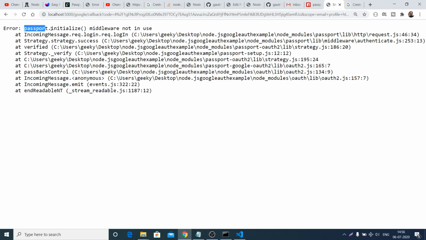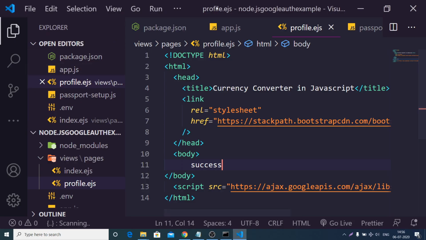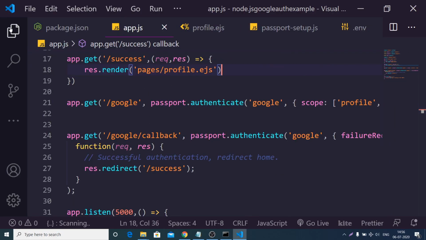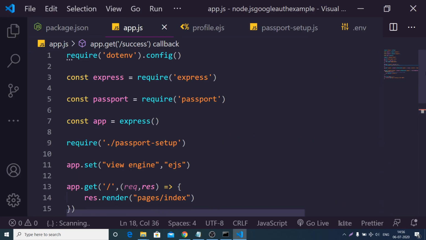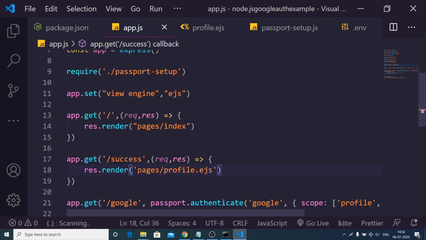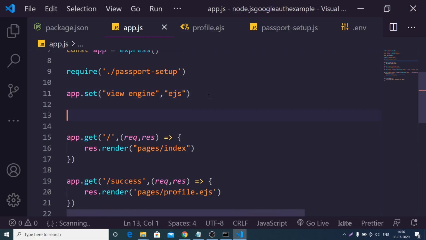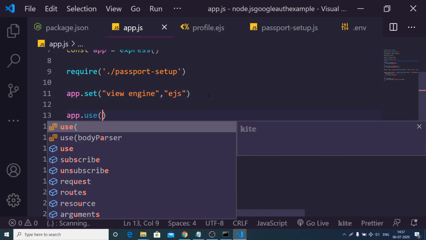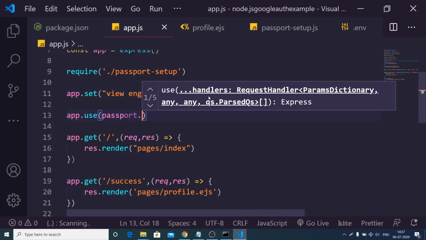So it is telling me that passport initialize middleware is not in use. This is a problem we need to fix, because we have initialized this passport library but forgot to pass the middleware function. Here we can use it: app.use passport.initialize.